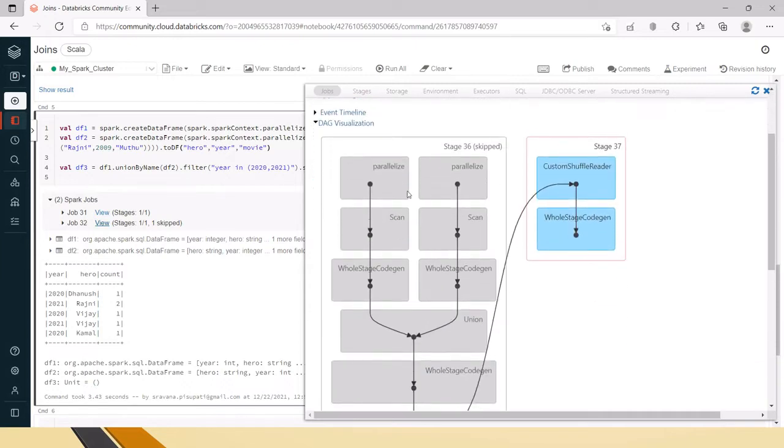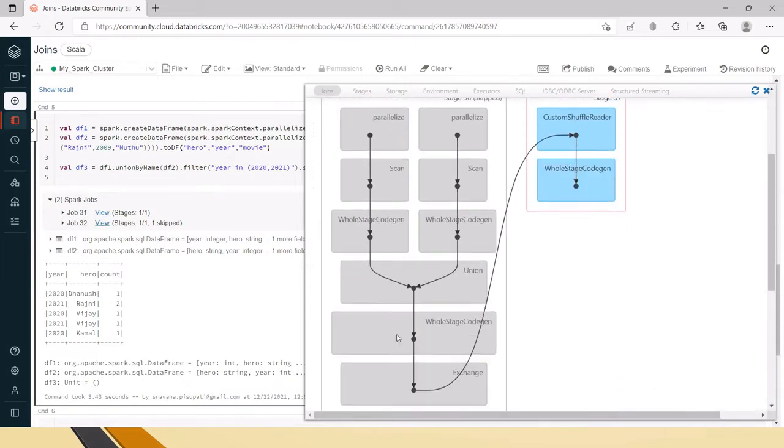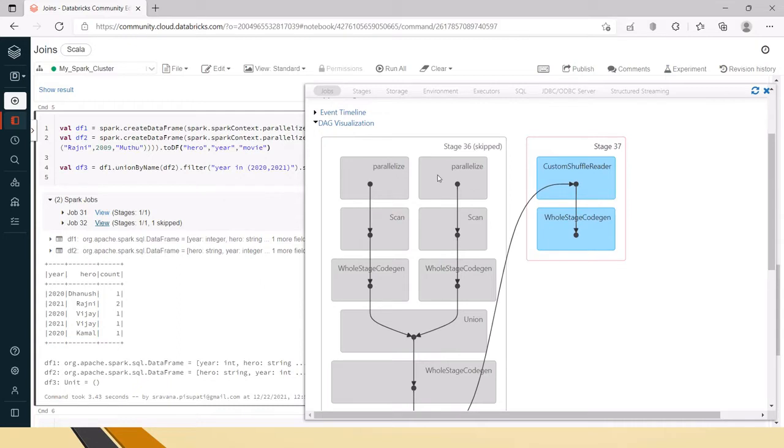All the narrow transformations will be performed under the same stage, and when we have a wide transformation, something like group by key or any of the group by key operations, join, co-group, these kinds of shuffle operations which are called wide transformations, a new stage will be created.